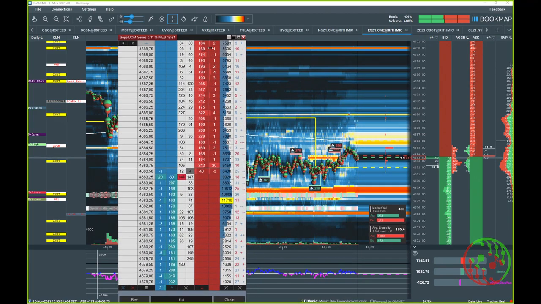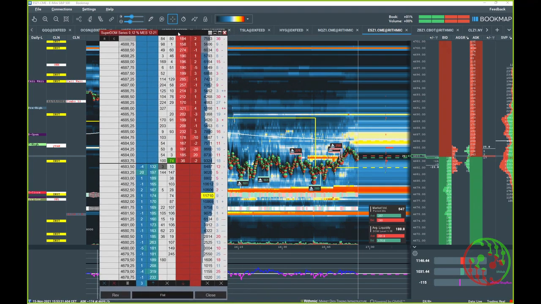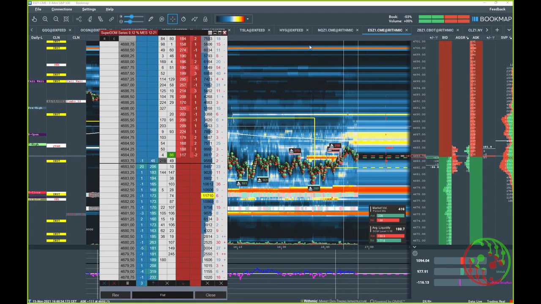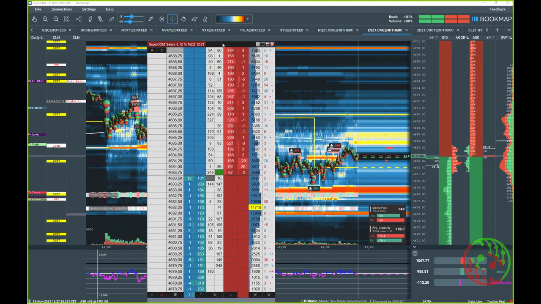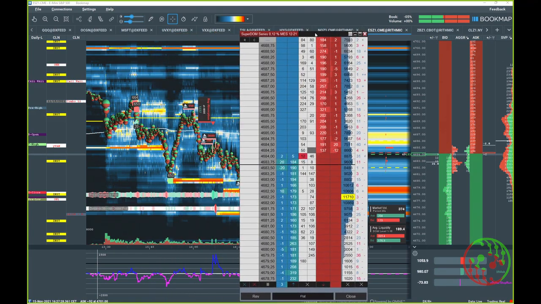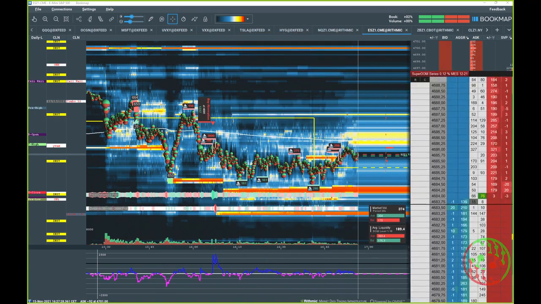That's what I have here on the SuperDOM on NinjaTrader. I have Jigsaw, but I didn't start Jigsaw as well. So it's maybe a very similar picture, but I'm not looking at a spread. We will discuss that, and I will show you what I'm looking for. I just want to see the sweet spots here, and then I'm trading, and not looking at a spread right now. In this case, for the ES, maybe the spread is important for other instruments. Not sure about that. But I can't say anything meaningful about this level 2 of NinjaTrader.